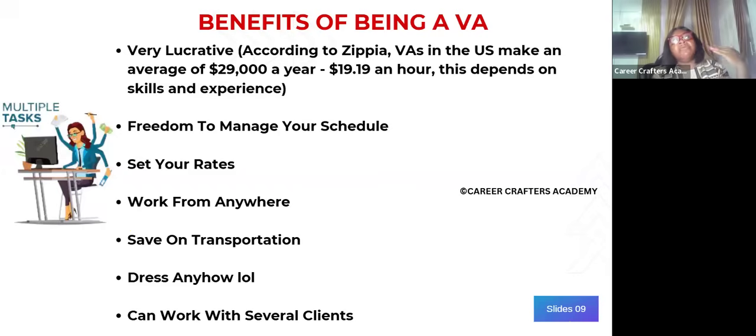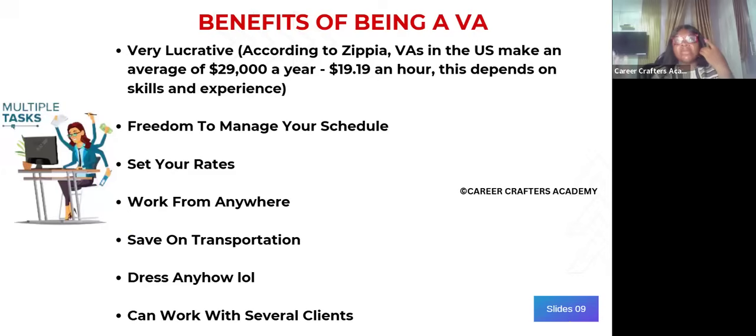So you have the freedom to manage your schedule to a large extent. It's not like you sleep all day, no, it's just a bit more flexible than when you have to go to the office. When you have to go to the office, you have to consider your commute time, right? Maybe it takes you 1 hour to get to the office. So you calculate 1 hour to go, 1 hour to come back. That's 2 hours of time you're not being paid for, right?